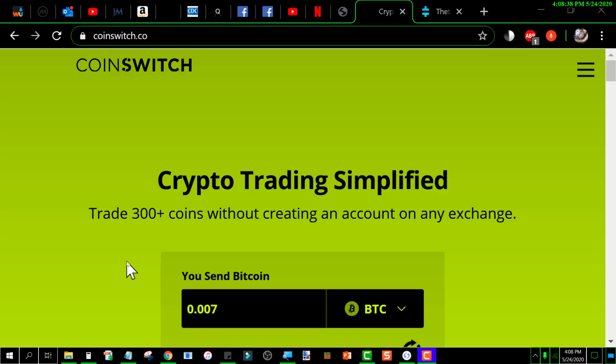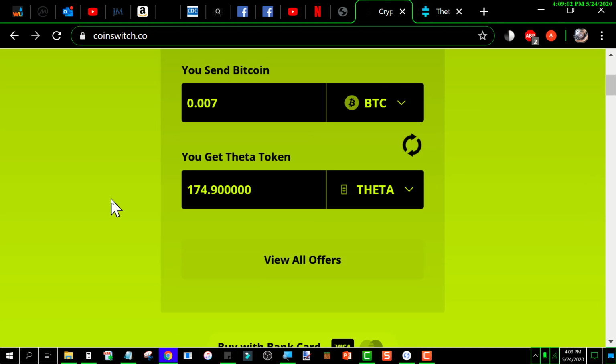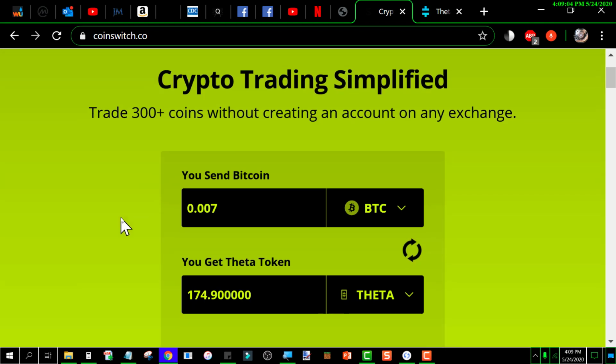Okay, I'm on the Coinswitch landing page when you go to coinswitch.com, and my screen's going to look different colors than what you would see because I've got the Windows high contrast setting on to help with my eyesight. But this is what it looks like, and if you scroll down a little bit you will see